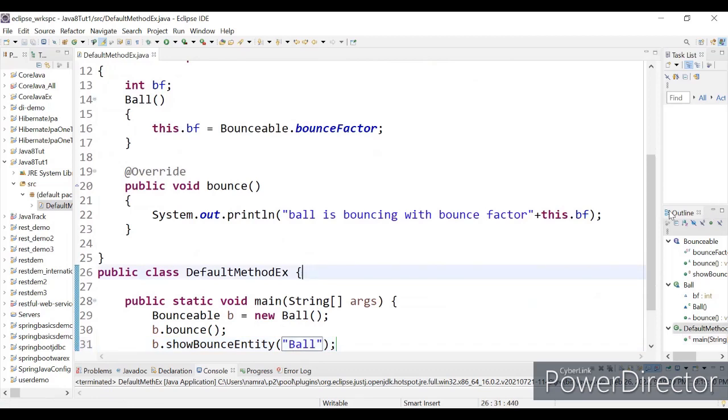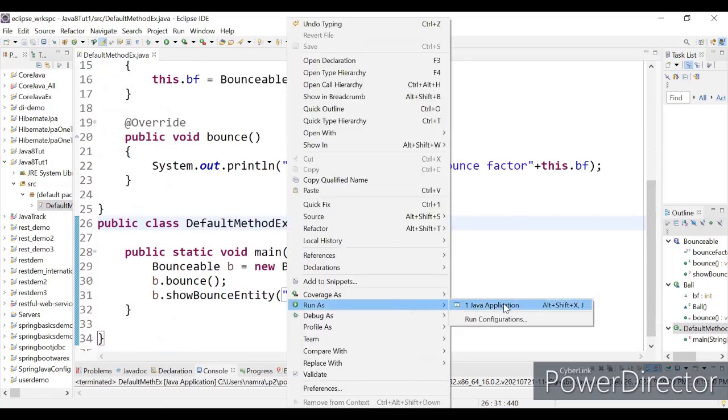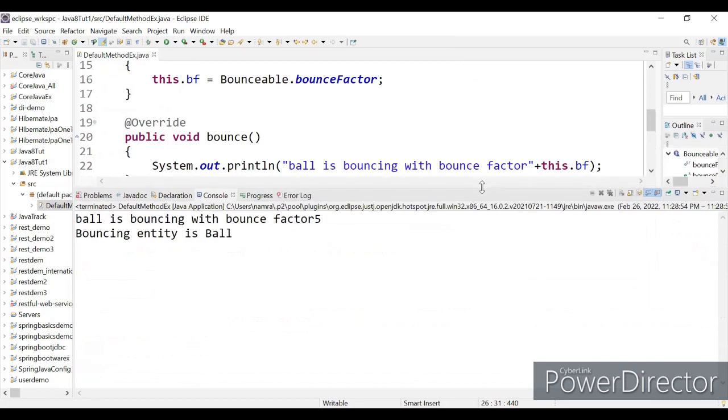So this is how I'm making use of a default method. Let's try to run it. See, this ball is bouncing with the bounce factor 5 and bouncing. This is our default method being executed. It's showing output bouncing entity is ball.